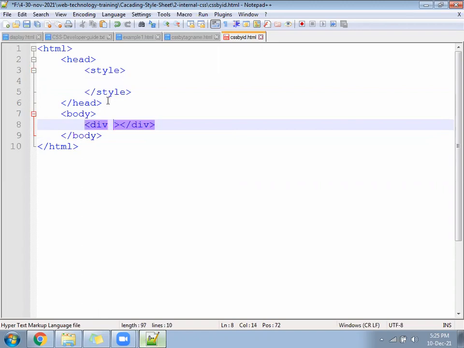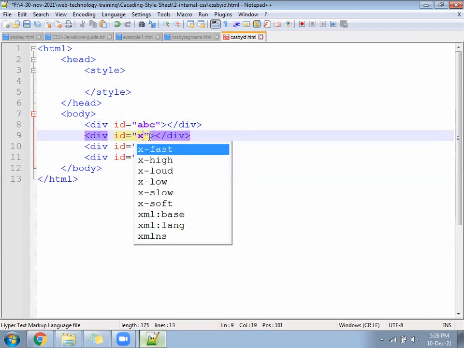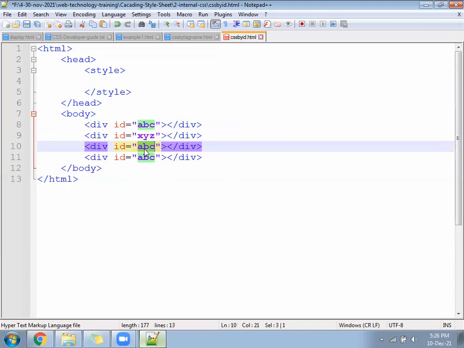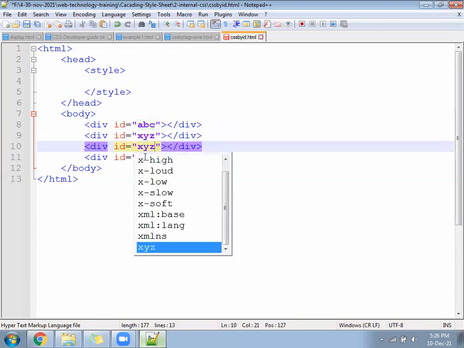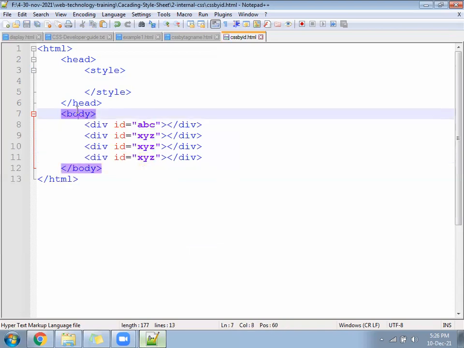For one division, give id equal to ABC. For the second division, give id equal to XYZ. Okay, div id equal to ABC, div id equal to XYZ.